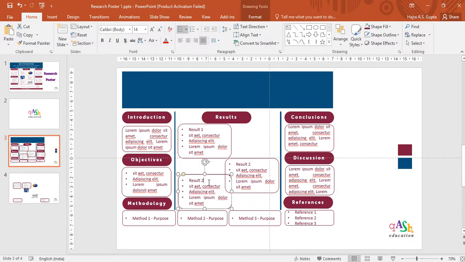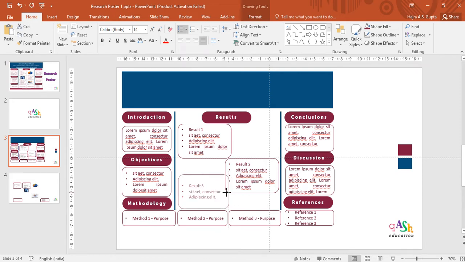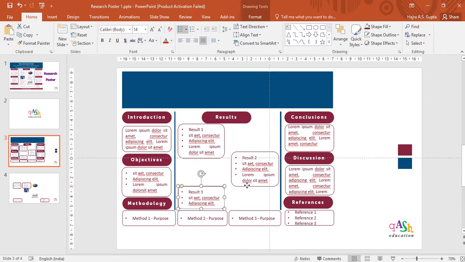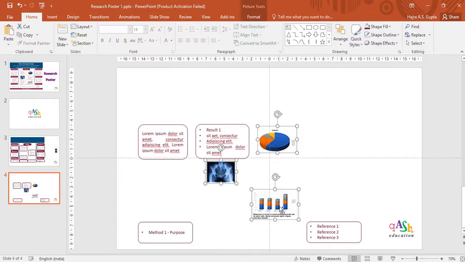So result 1 is on the left hand side, result 2 is on the right hand side, and then you can have individual pictures for each of them on the space which is empty next to the boxes. So now I'm making some space here. Now you see my result 1 and 2 is longer and result 3 is smaller. That can happen with you also.